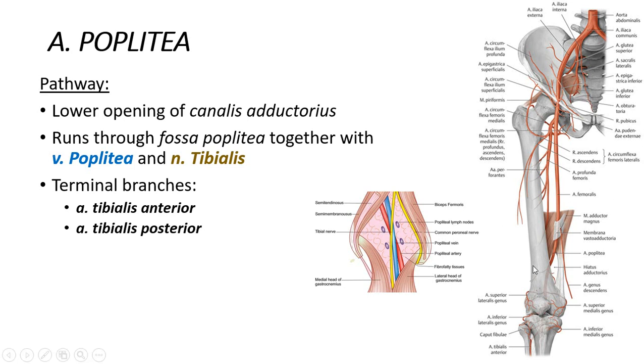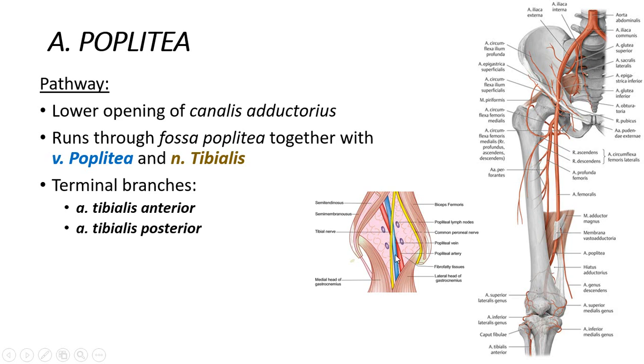So I hope you remember that everything starts from the inferior border of the canalis adductorius, which is the hiatus adductorius, the hole inside of the tendon. And so the artery will go along the fossa poplitea. And so here we have it. So this is the fossa poplitea, and you can see that the artery will go together with the vena poplitea